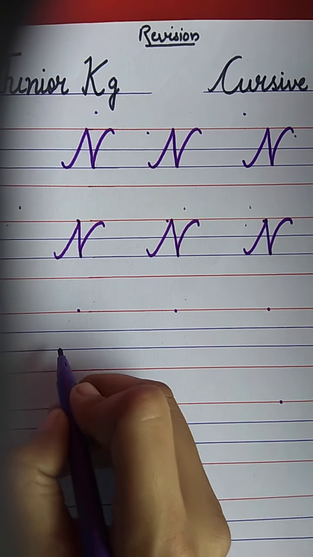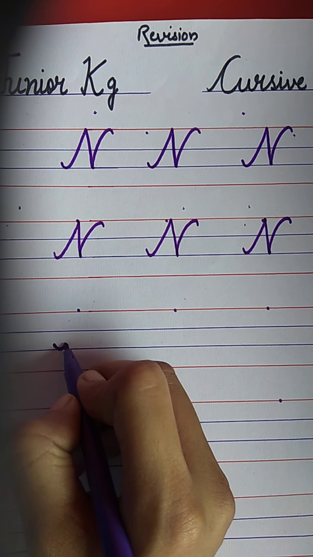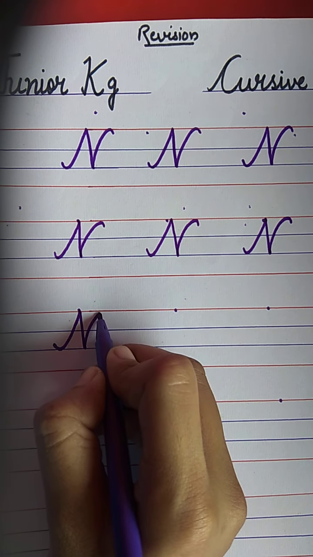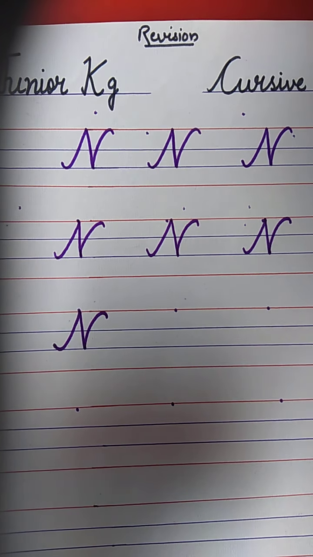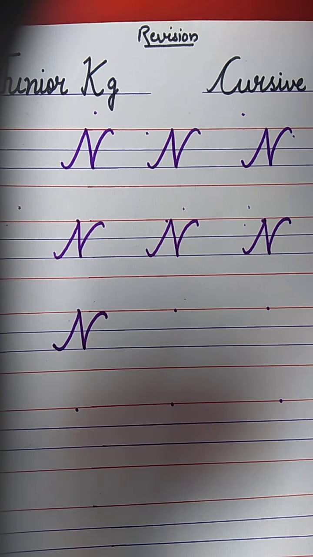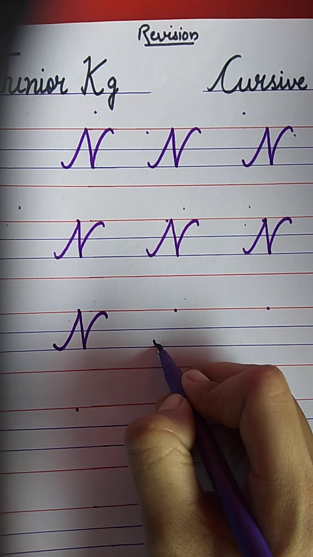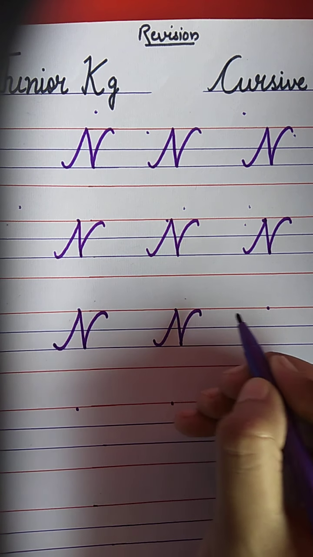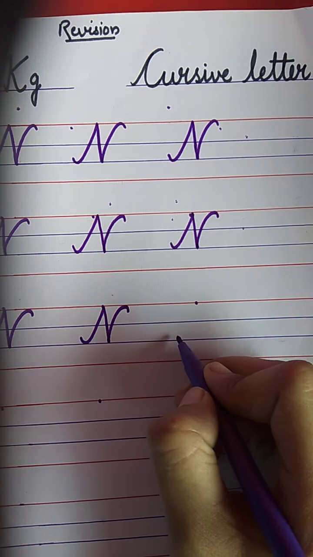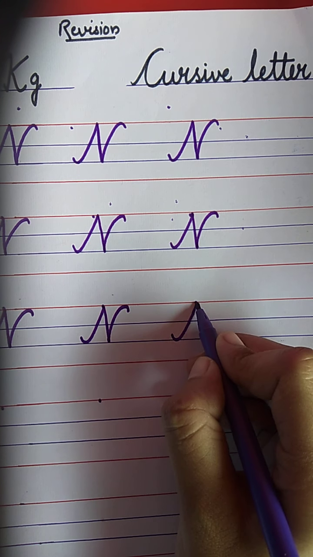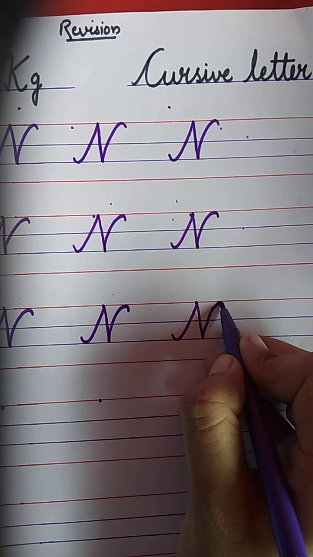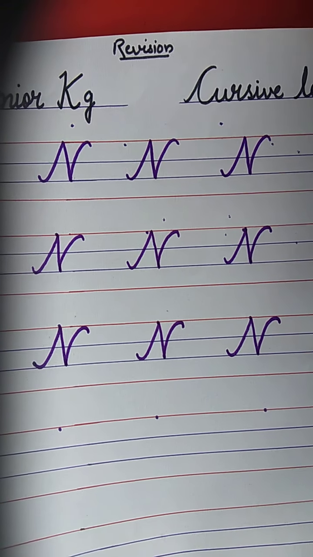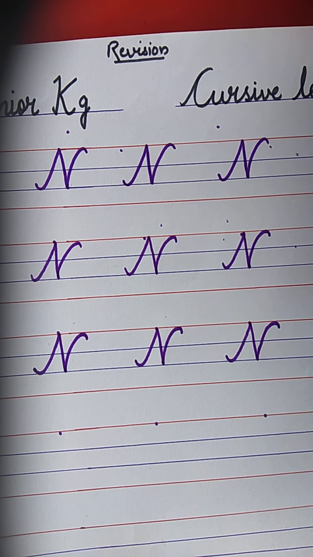Now write with me, put your pencil on a blue line, draw a slanting line, one more slanting line, then again a slanting line. What is the spelling of nest? N E S T. Nest. Now again write with me. N E S T. Nest. 3 slanting line से हमने ज्वाइन करके क्या बनाया? The new letter is N.